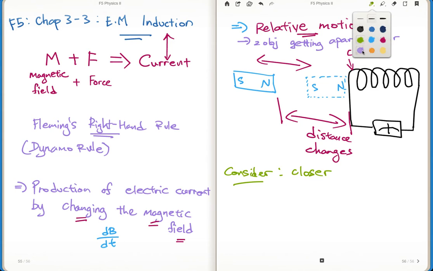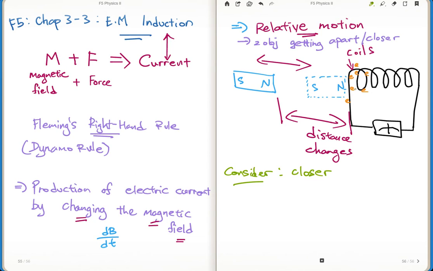This is copper, so copper would have free electrons. You may imagine they are free electrons, not moving. When it is closing up, what happened? The north pole going nearer to the coil, this electron felt